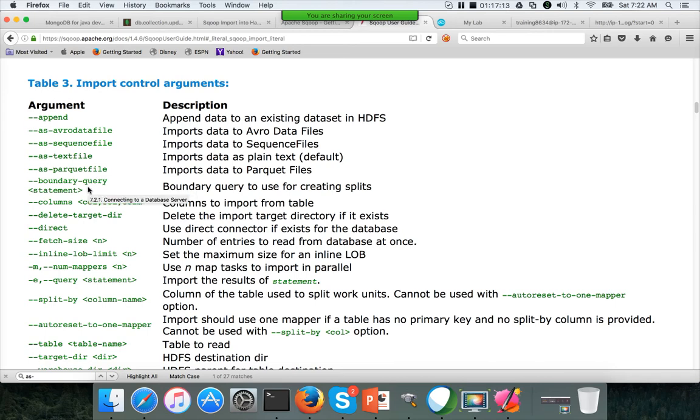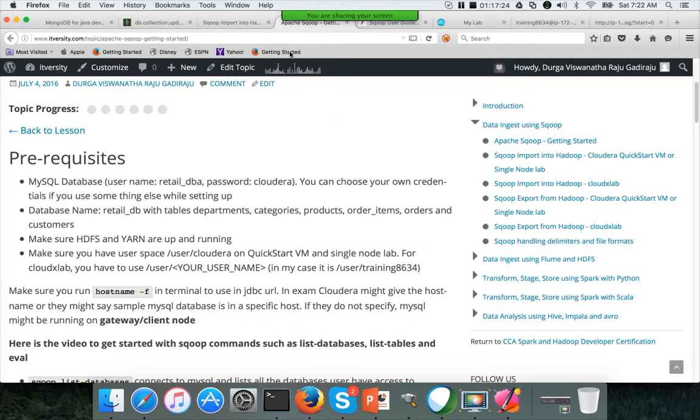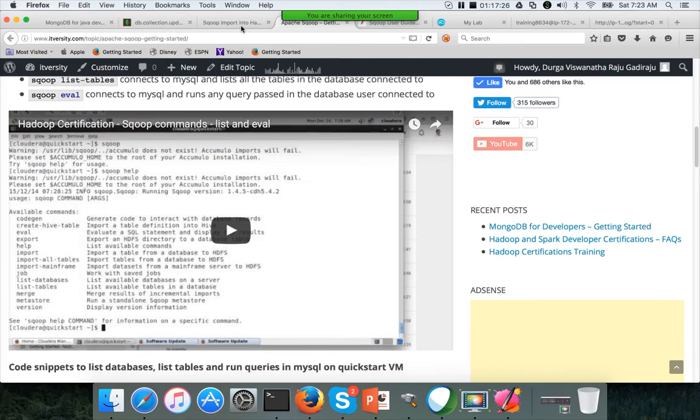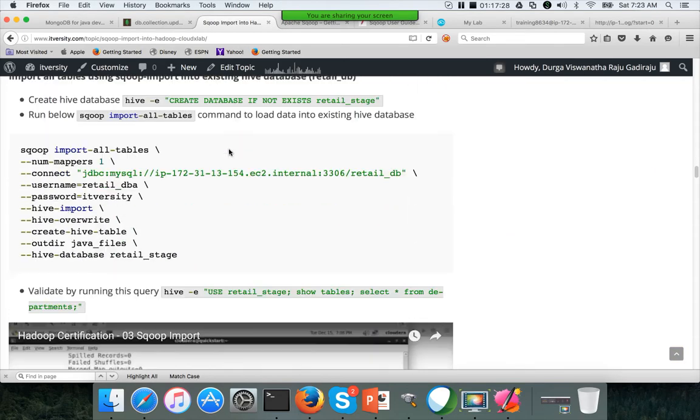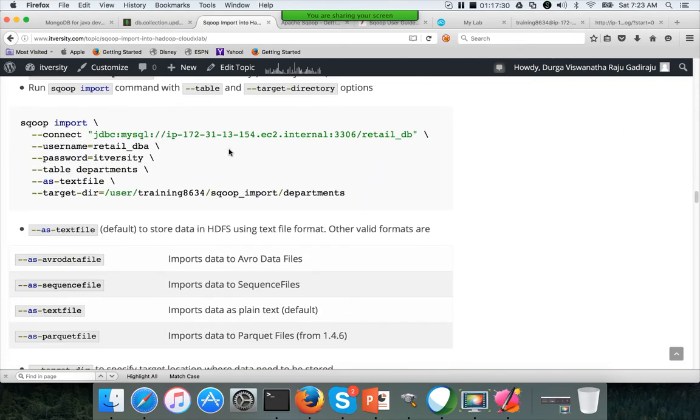So first, to understand the boundary query, first we need to see what it is all about. For that, we need to run a simple import command, which I will be doing now. So I'll be using the same command here, and if you see here, I am specifying target directory, not warehouse directory.